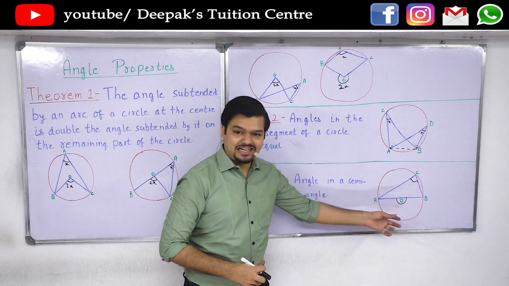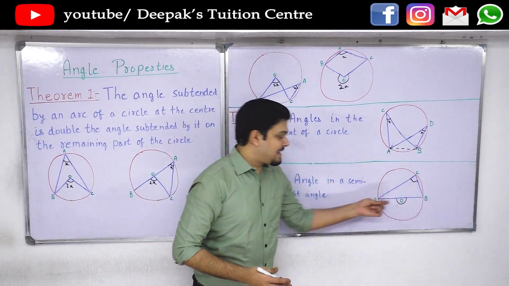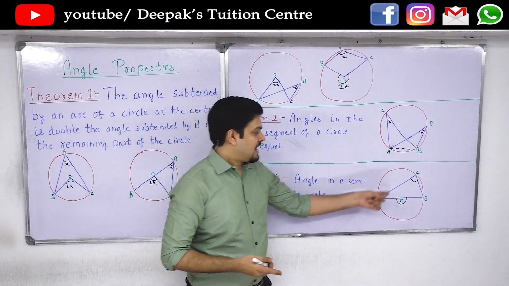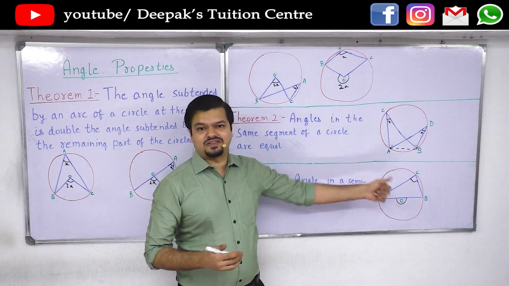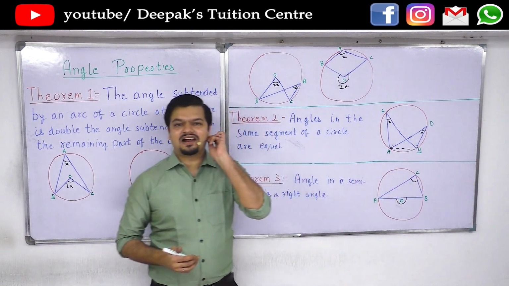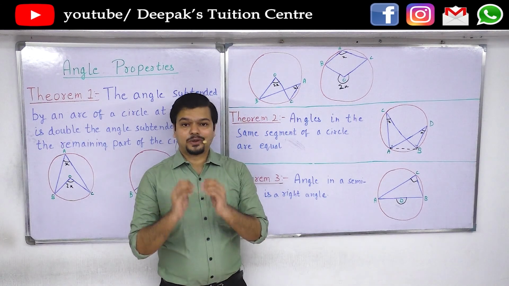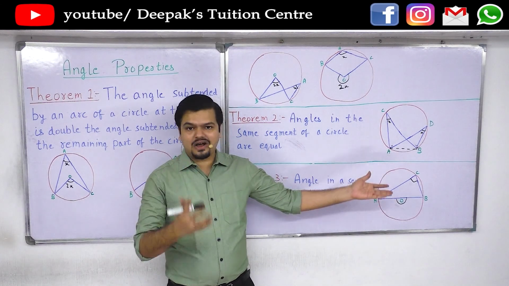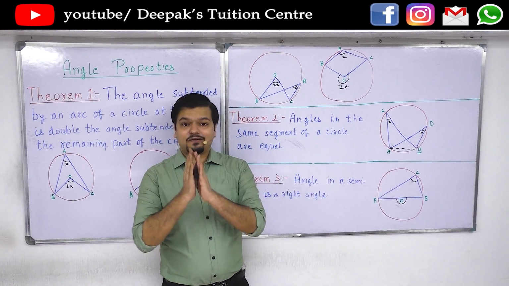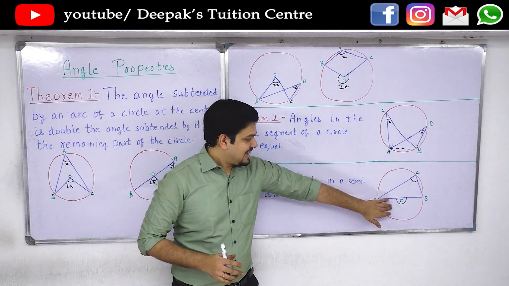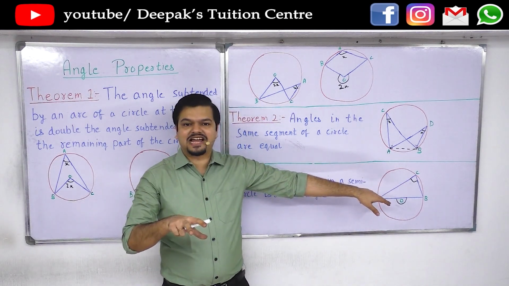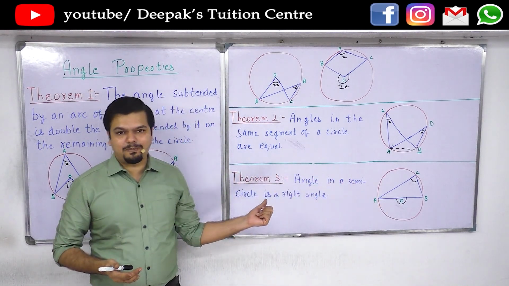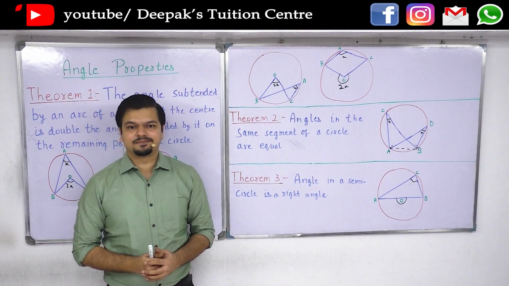So if you any time see a diameter AB passing through the center, and there are two lines which subtend an angle at the circumference from the ends of the diameter, then that particular angle will always be 90 degrees. The theorems are very easy to recognize. We'll do a few sums later so that you'll be able to recognize them. But the most important part is to focus on the diagrams. If you can recognize the figure in your complex diagram, then it becomes very easy to apply. And also you have to remember the statement, because that is what you have to write properly.